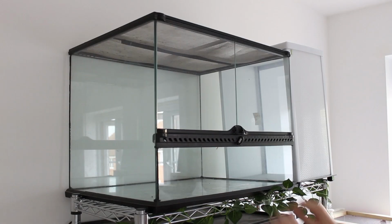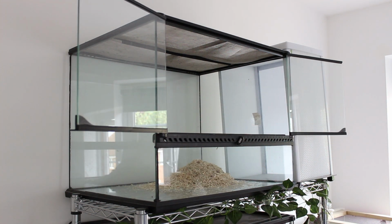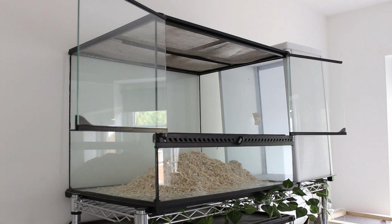So let's talk about what to do before you bring them home. With any animal that you're getting, it is really important to make sure you're prepared. Make sure you have everything lined up ready for them when they come home to make it the least stressful experience possible. So obviously the first thing you are going to want to do is set up the cage, whether this is going to be their permanent cage or just a temporary one they live in until they can meet your current mice. Just like the temporary cage that I use is this Exoterra, which is right up above me,